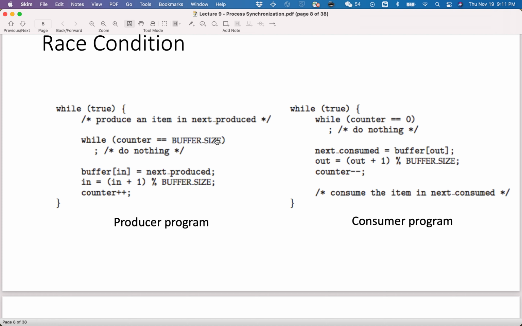It means that the warehouse is full. So the producer needs to wait before generating the next product. And if the warehouse is not full, then they will put the new product at the space pointed by in, and increase in by 1, and then increase counter by 1, because there is one more